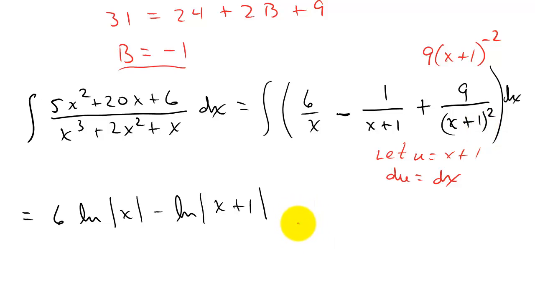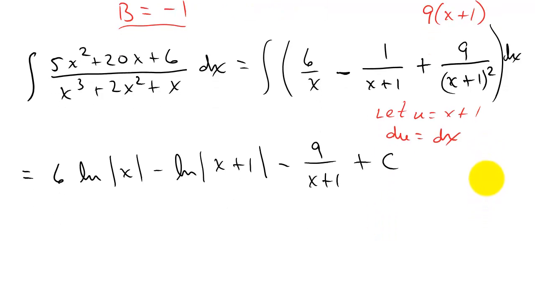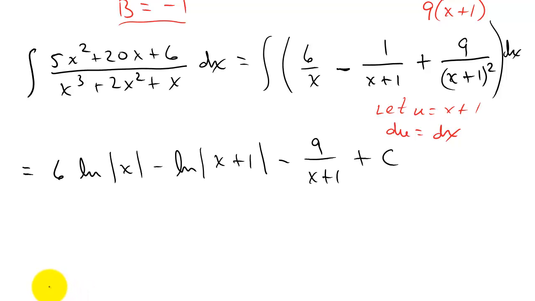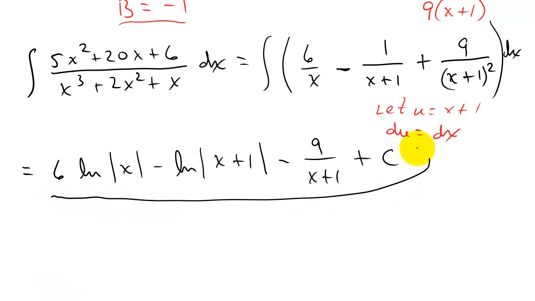When you finish, you would end up with minus 9 over x plus 1 plus c. Of course, this is an acceptable answer here. You could leave it like this,